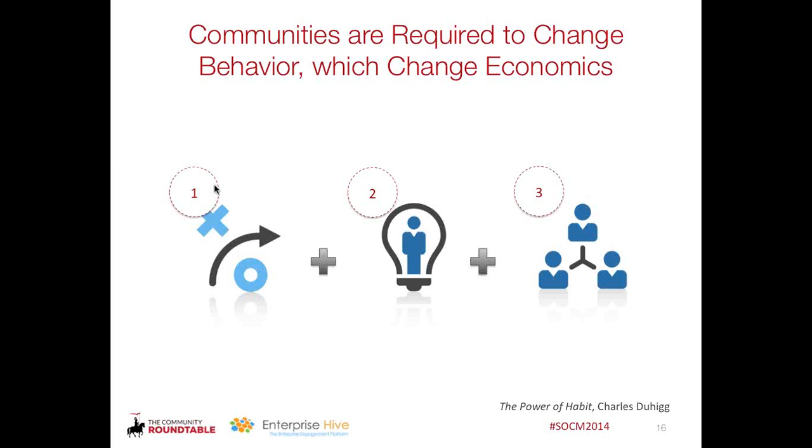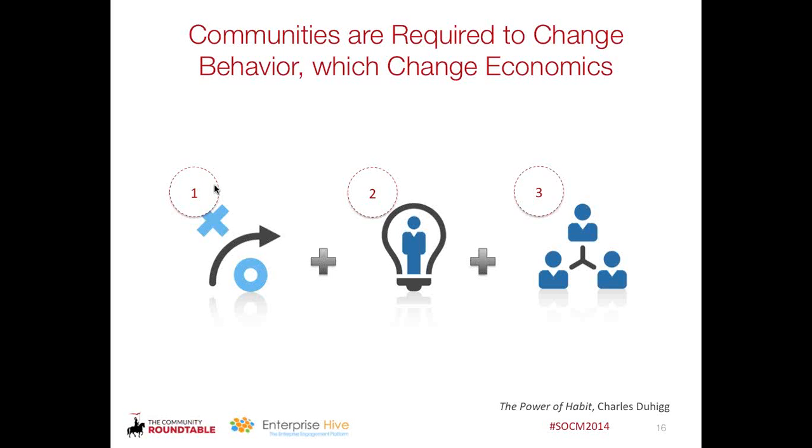But the third thing that you need is a community if you want to change that behavior sustainably over time, because you need social reinforcement when you hit times of stress. People tend to go back to their prior behavior if they're stressed, unless they have that social encouragement and social support to continue on their path. And so if you're looking at any kind of complex education or innovation or change, those are the 3 elements of that.